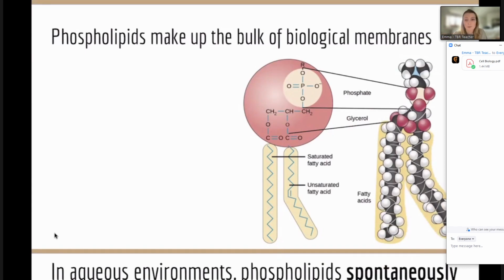It's called the fluid mosaic model. There's a ton of different names that we can use to talk about the whole plasma membrane. But when we look at what's actually making up the plasma membrane, it's most likely going to be these phospholipid molecules. So you can see here, they've got a phosphate group. They've got a ton of oxygens, one that even carries a negative charge. There's a ton of resonance in here, which is why it's happy to be in this state.